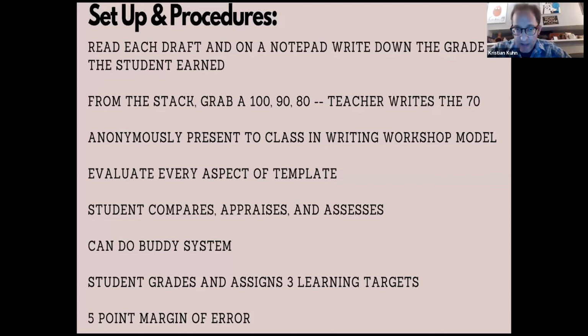is this. I'll say, all right, we've looked at 4 introductions. In the margin of your paper, write down in like 3 sentences, what's your introduction look like? Is it looking like the 100, the 90, the 80, or the 70? But the big thing, and the kids have to answer this, you have to hold them accountable to this. Why? So why are you saying that you look like an 85? Right? What is going on in your writing that looks like that 85, in between the 90 and the 80?